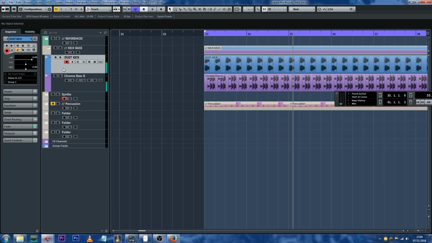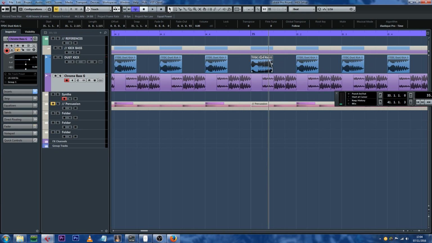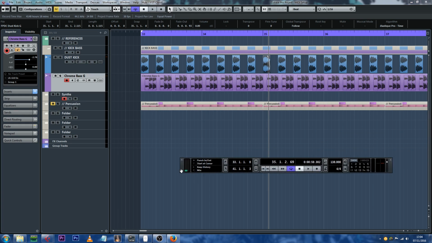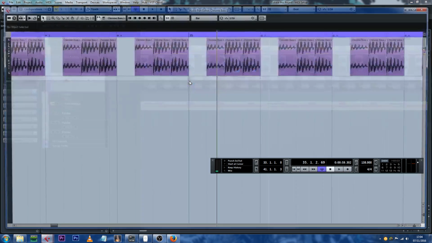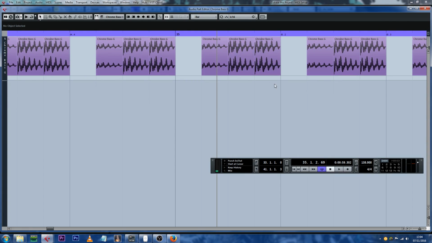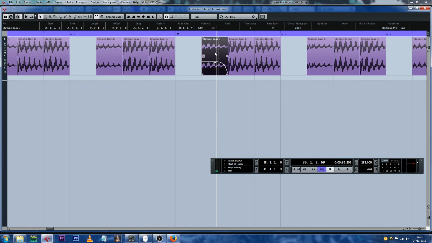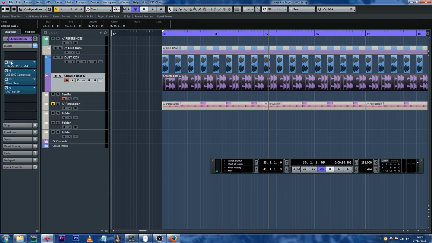I've done a little bit of processing here, which I'll walk you through very quickly. Kick, no processing. It's a little bit of a fade out on the sub there, just so it's not too boomy at this BPM, I should note. And the Chrome bass, just done little fade outs there. Brought this note down a bit for that sort of gallop feel. Then a little bit of processing here,